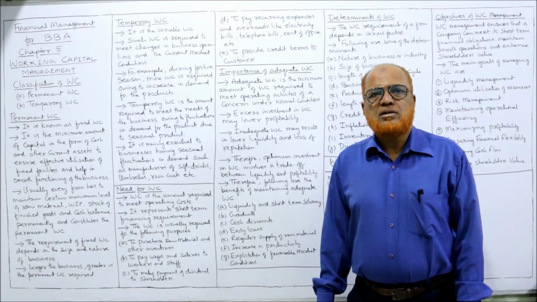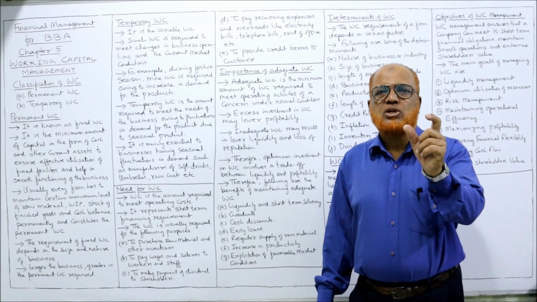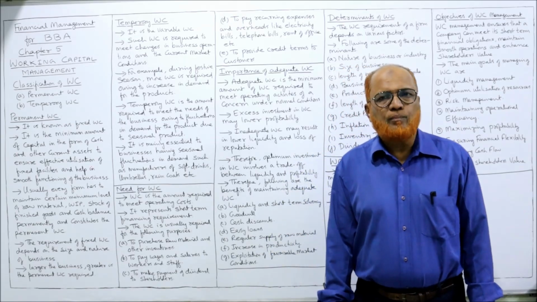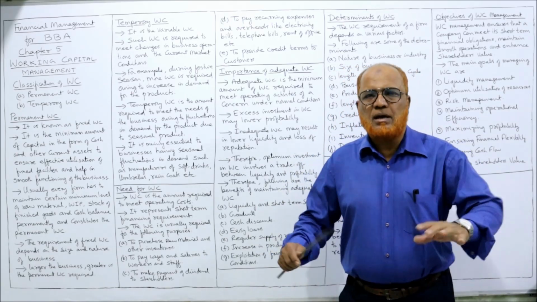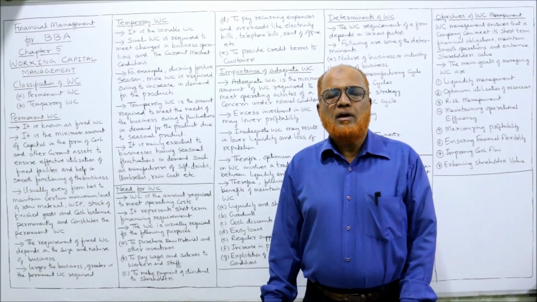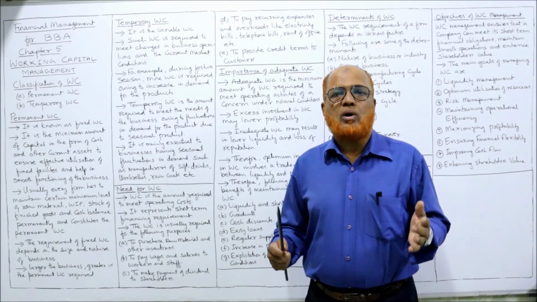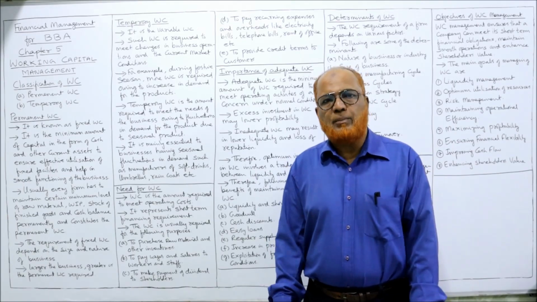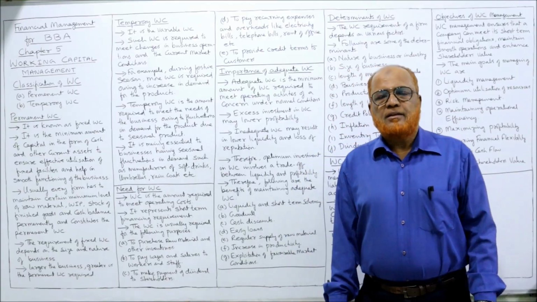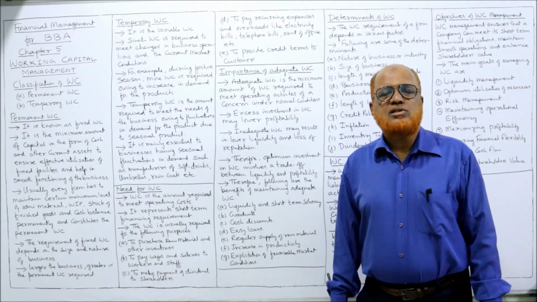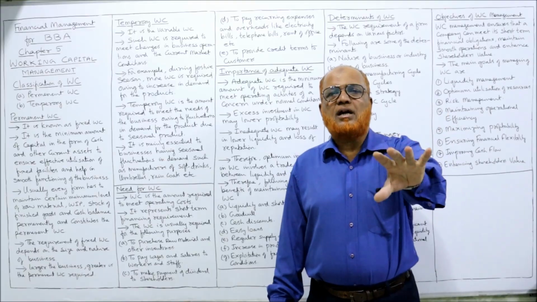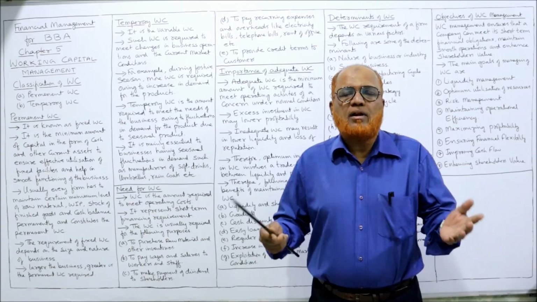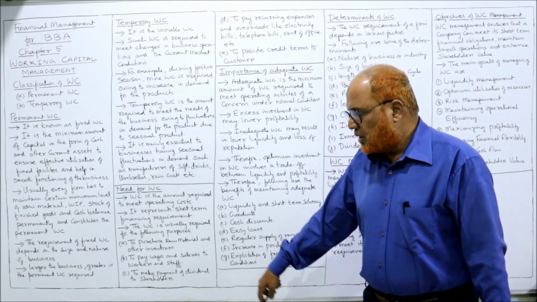We cannot give a direct generalization rule that this much should be the working capital for every business. No, a doctor cannot prescribe the same medicine for every patient. He has to diagnose and find out the nature of the disease, and accordingly he will prescribe the medicines. Same here. We cannot say that every business must have 5 lakh rupees in working capital. No, because the nature and size of the business will differ.